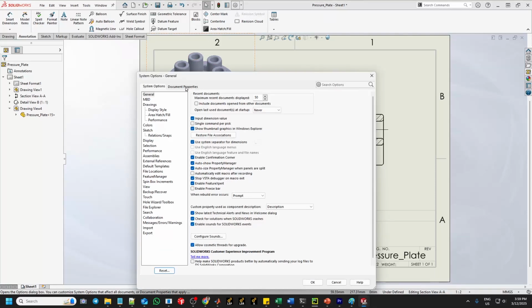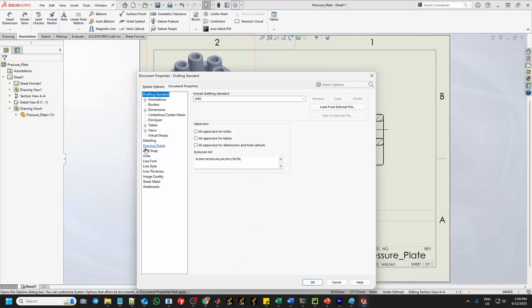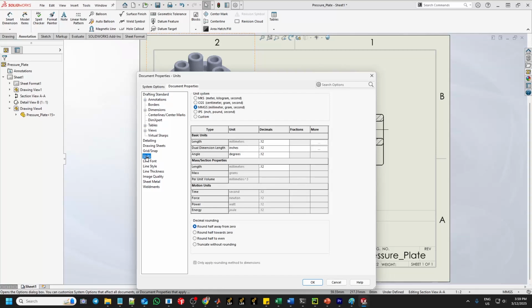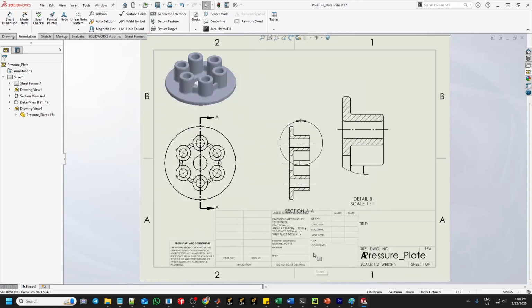And on the standard toolbar, actually, option on the standard toolbar, on the document properties, we select the units. Document properties is this tab. And where is unit? Unit. So in the unit system, we should select MMGS. If it is on this or this, you need to change it to the MMGS, which is millimeter, gram, and second. And then we will click OK and click a smart dimension